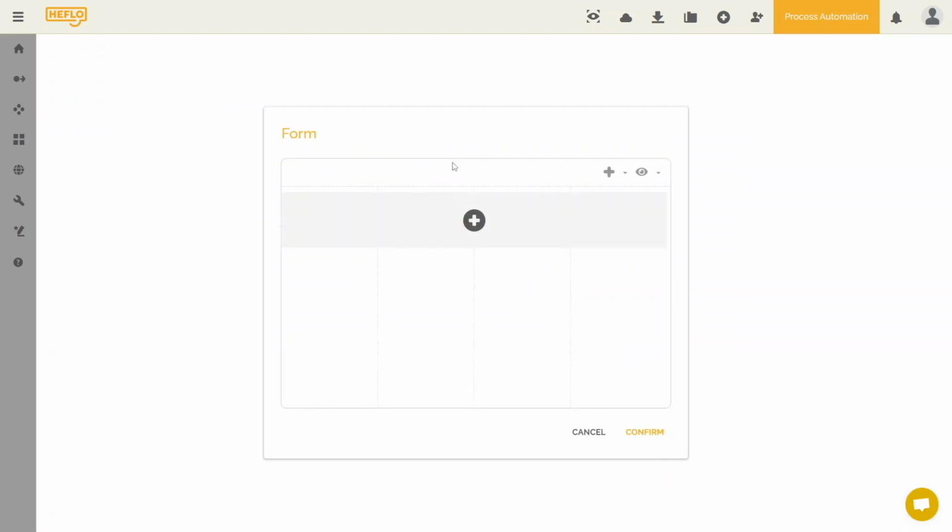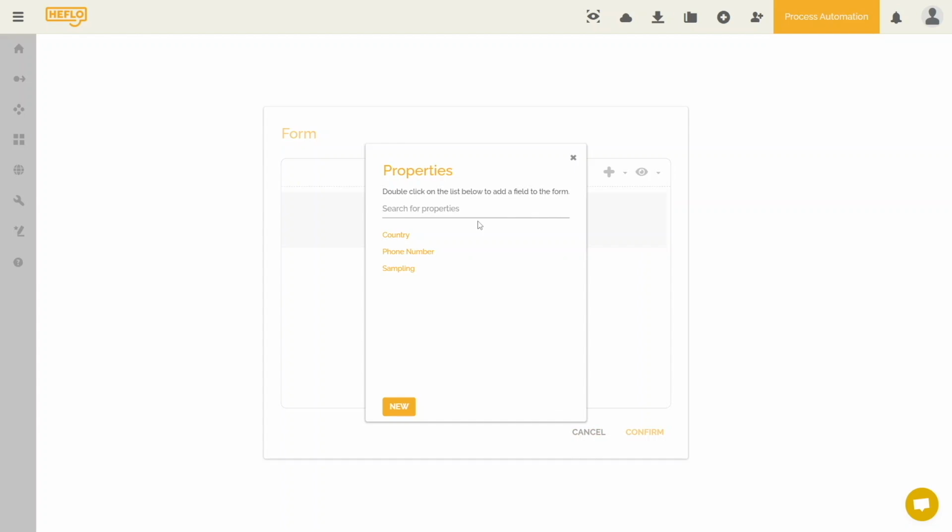What I'm going to do, I will create two fields for my purchase process. For this, I click on the plus icon. This then gives me the possibility of reusing an existing field or creating new fields. For example, we are going to create fields. So we are going to click on New.